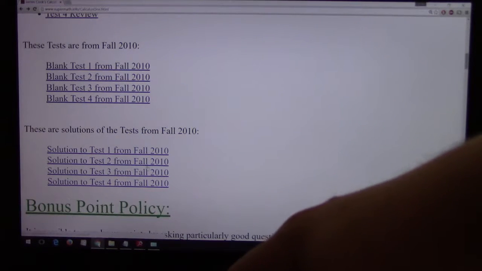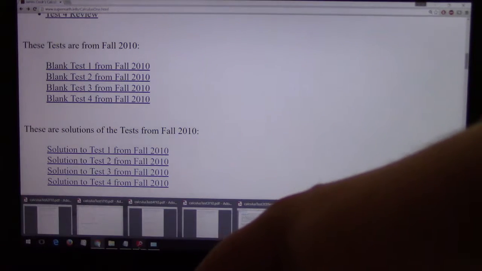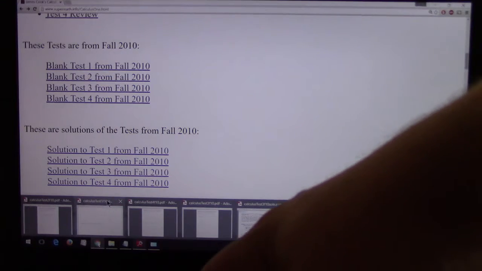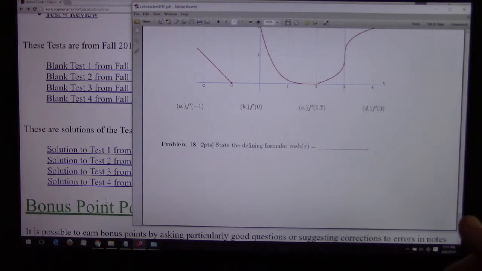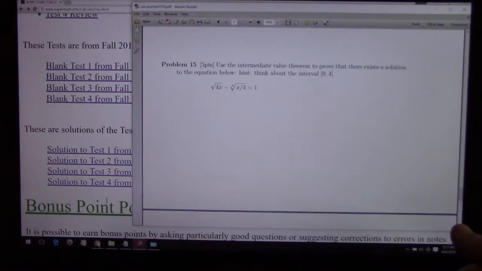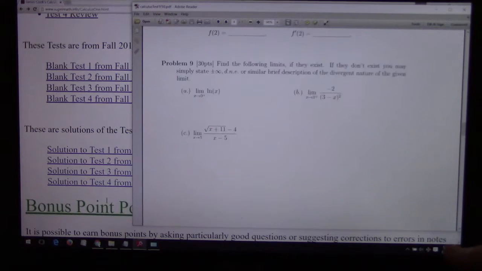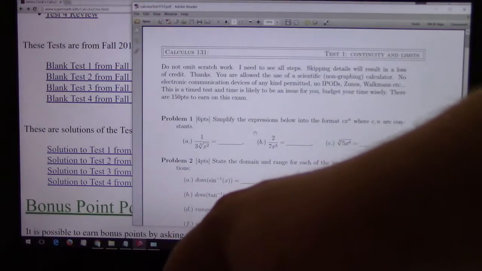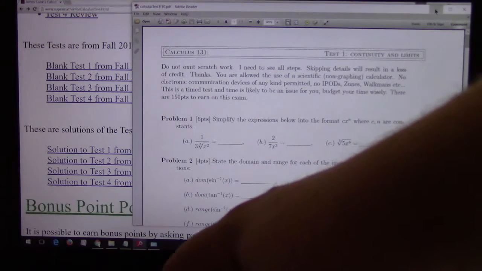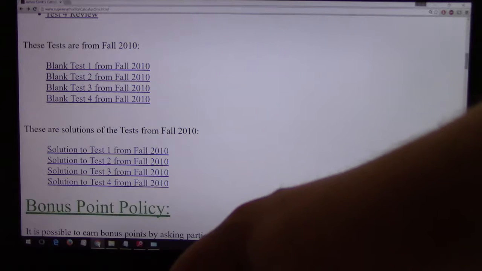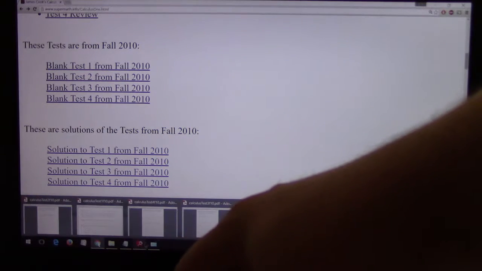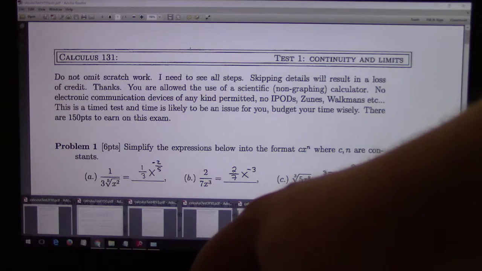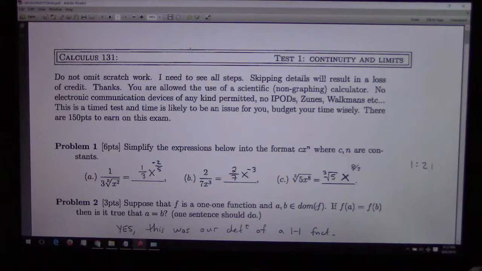Let me just start by talking to you about test 1. Again, the blank test is here, but I'll let you look at the PDF for that. I'm just going to look at the solution in here. Now, as I look through here,